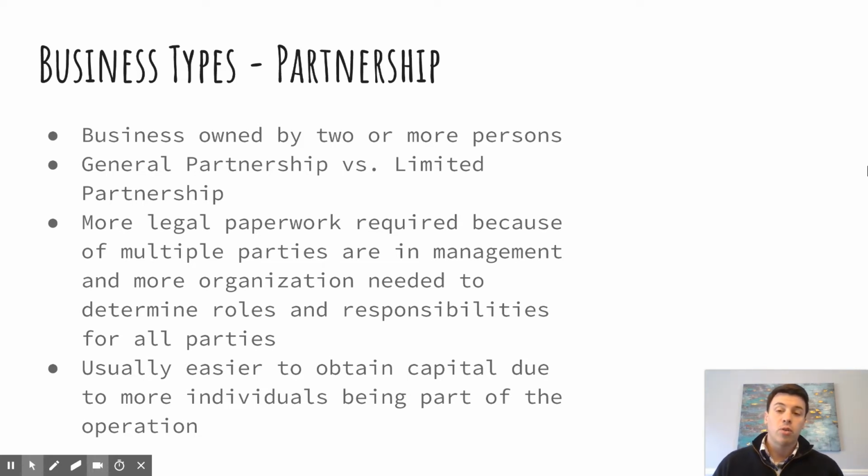A general partnership is where all of the partners within the company are acting in a role that's defined by their agreement and are part of the day-to-day operation of the business in some way. A typical general partnership would look something like one party handling the financial side of the business, where the other is handling the day-to-day operations of the business. It does not have to be that way, but that would be an example of 2 parties involved in a